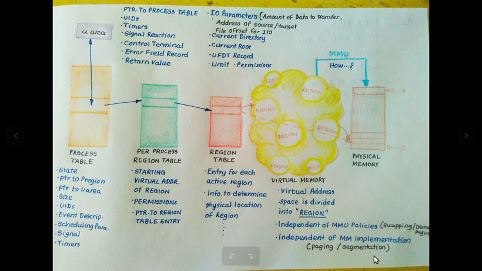Okay, so as a summary, in order to deal with the process, memory will be allocated. That memory is virtual memory, and we need to translate that virtual memory to the physical memory, but we don't have to worry about it. There is a memory management unit which will translate this virtual address to the physical address. So now the concern is how to reach the virtual address, and for that we have data structures like the process table, per process region table, and region table.